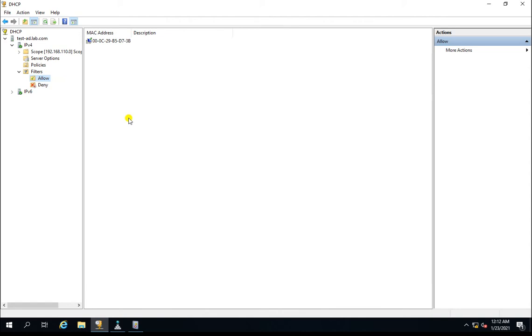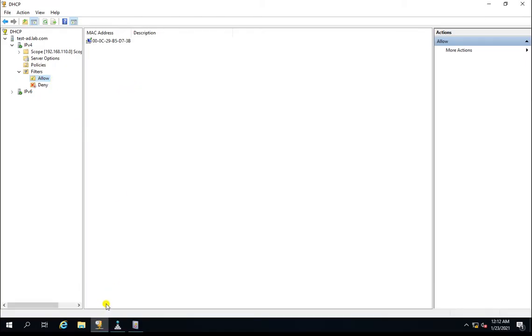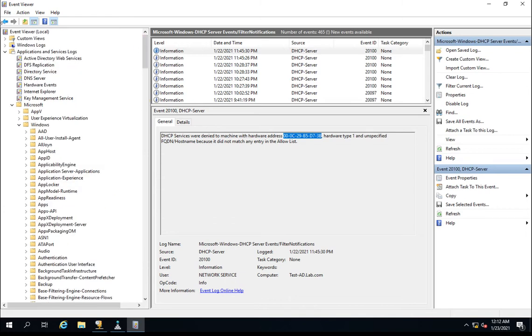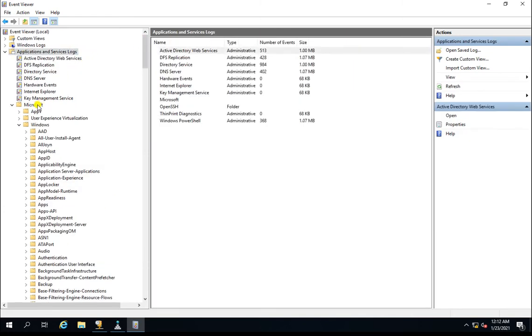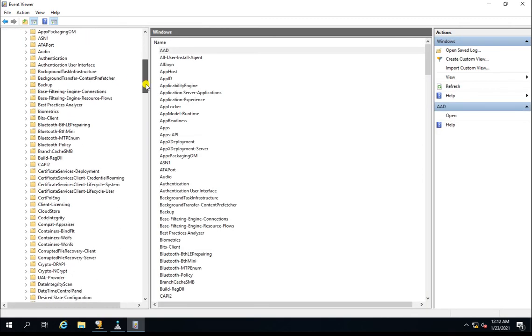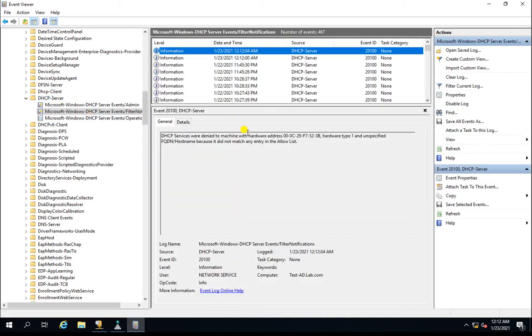What you can do is go to the event viewer. Under the event viewer, go to Applications and Services, Microsoft, Windows, and then you will have DHCP Server, and here you can check the logs.